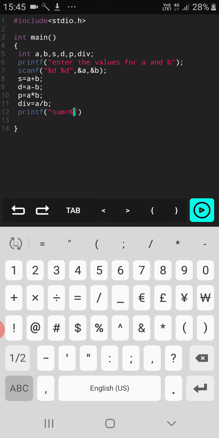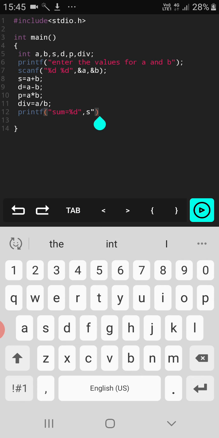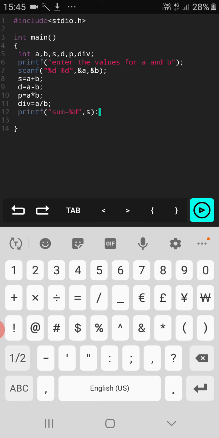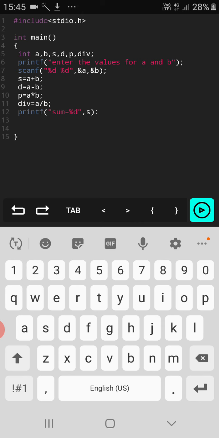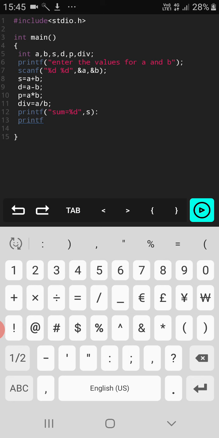Since we have defined all the variables as type integer, comma, s is the variable which is used to store the value of sum, and for the division we have made use of the variable div, and for the difference we have made use of the variable d. We cannot define the same variable twice in the program, it may display an error message.